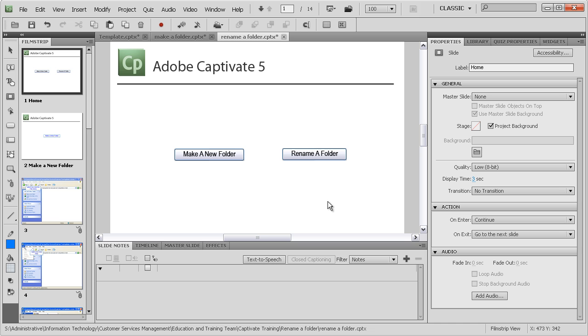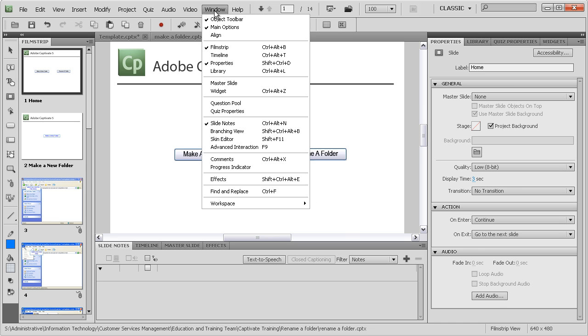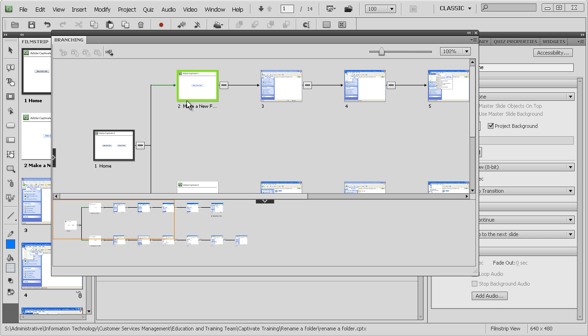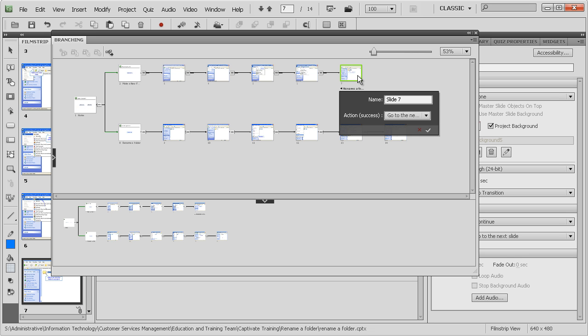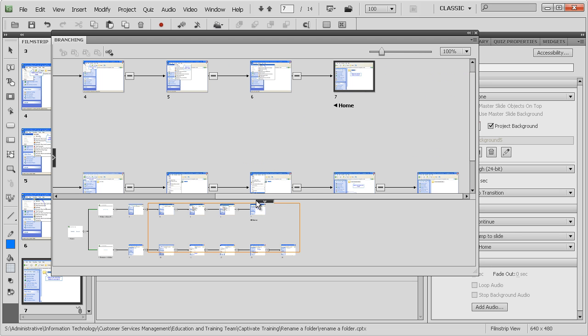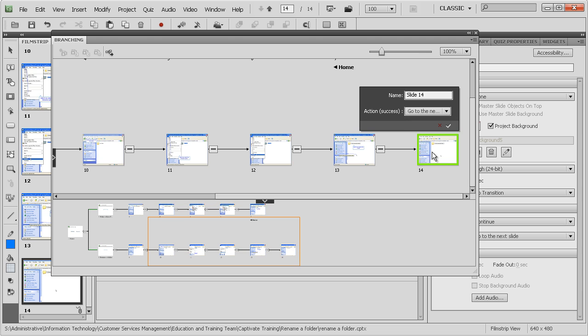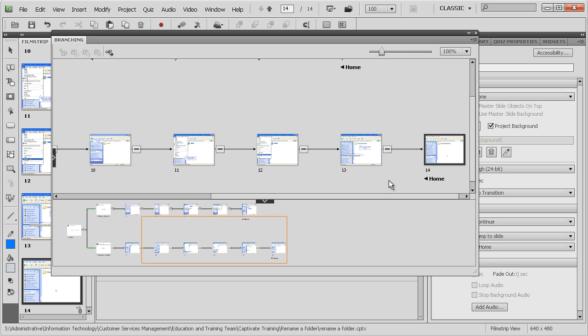Alrighty, now we're going to have a look at the branching view. Here's the branching view, and I'm just going to zoom in a bit so you can see the whole thing. Now if you click on the last slide, it says name slide 7, but when we leave that slide it says go to the next slide. We don't want that. We want to jump to slide, and we want to go to slide Home, and then give it a tick. The same with this other slide, the last one. Click on it, jump to slide, and go to Home. Once those are done, that's where the navigation will go. We can close that,